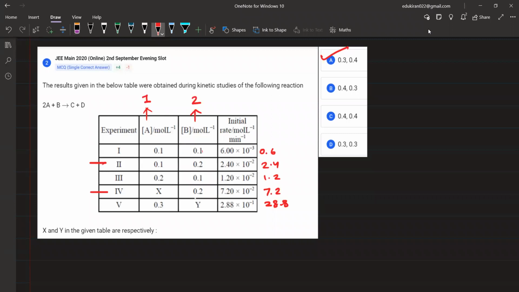Yes, sir. Okay. What is happening to the rate? Look at the rate. 2.4 से कहाँ जा रहा है ये? 7.2. Correct? Yes, sir. 0.2, 0.2. How many times is this? 3 times. Yes, sir. 3 times. So the only change can happen if I am going to multiply 3 into the concentration